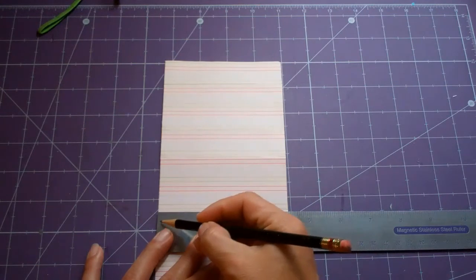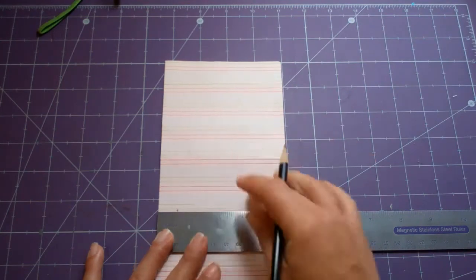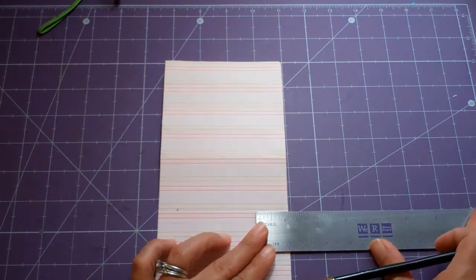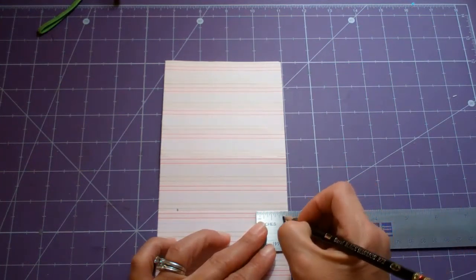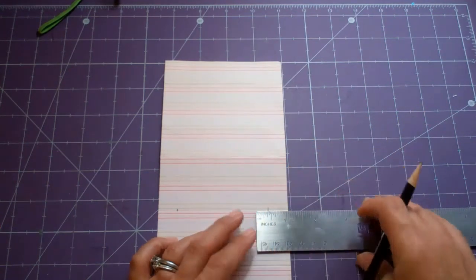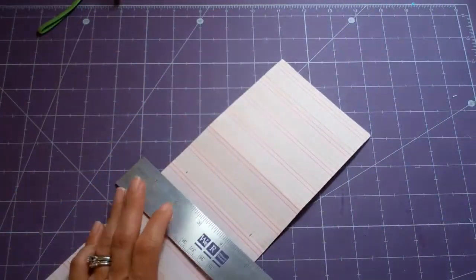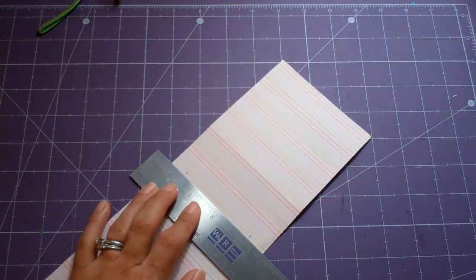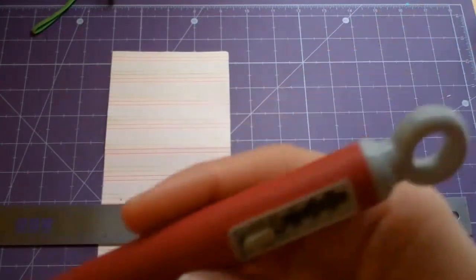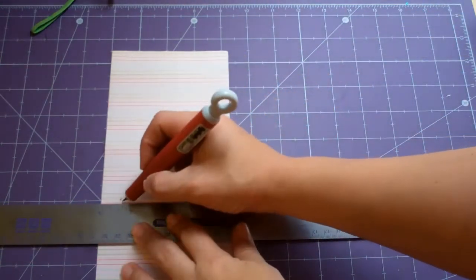Okay, so let's count. 1, 2, 3, 4, 5. 5/8, and then I'm just going to mark it at 1 inch so that I can count 5/8. 1, 2, 3, 4, 5. Okay, and so those are the guidelines that we need to create the little opening that the tag comes through when it pops up. Okay, with my Tonic retractable craft knife, I'm going to cut from each of those